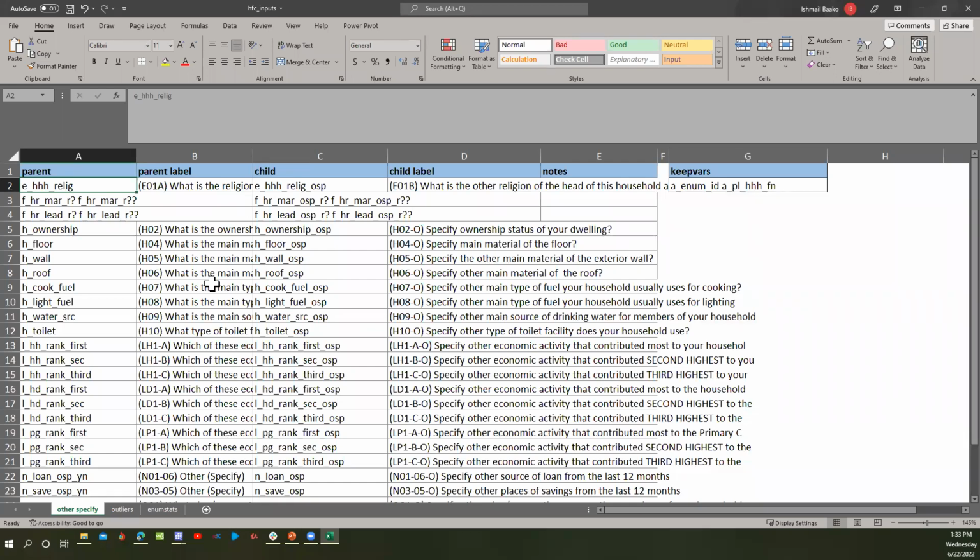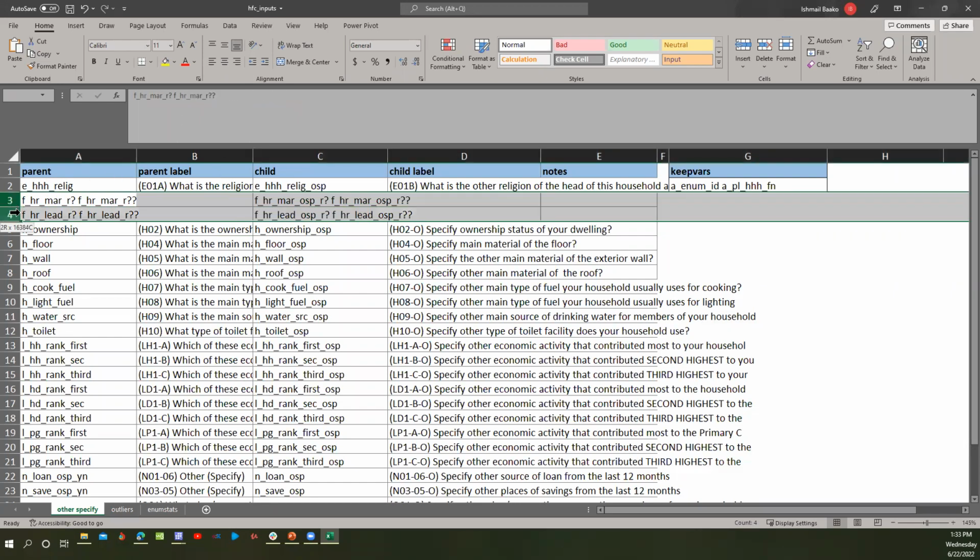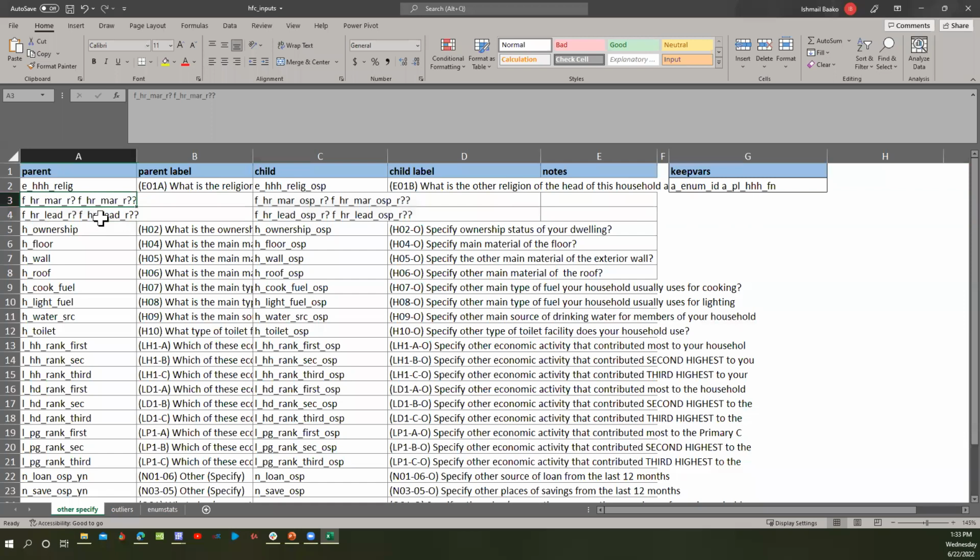What is new about this is that now you can specify repeat group variables. For instance, on lines 3 and 4, we have a repeat group variable that asks for marital status and whether the household member has a leadership position in the community.